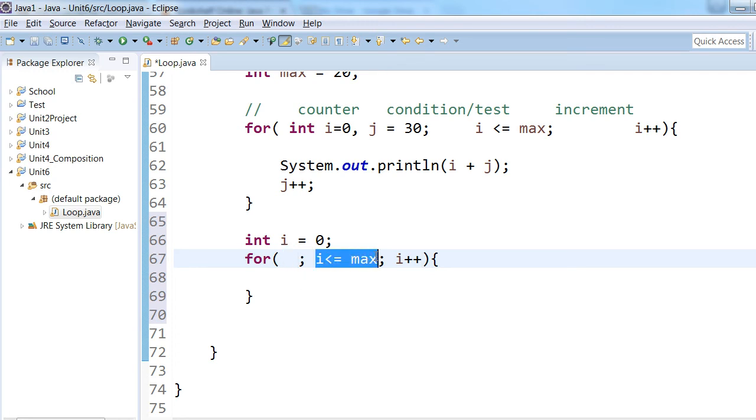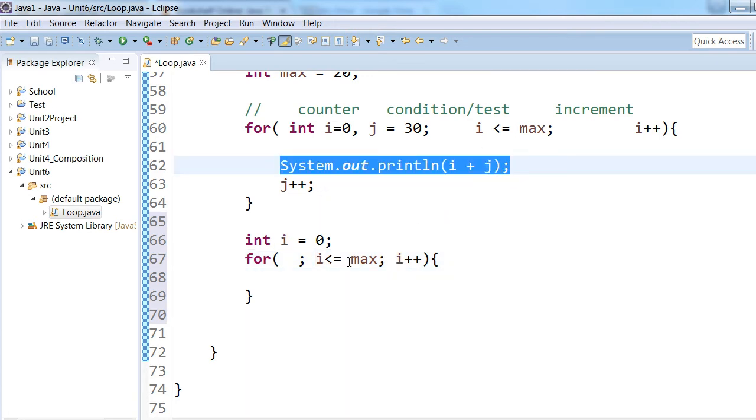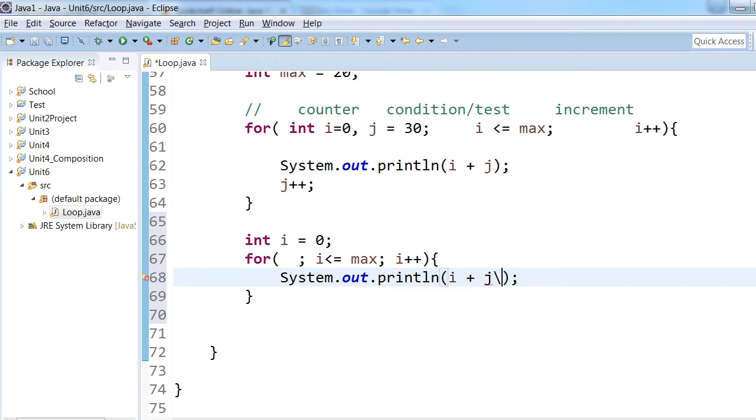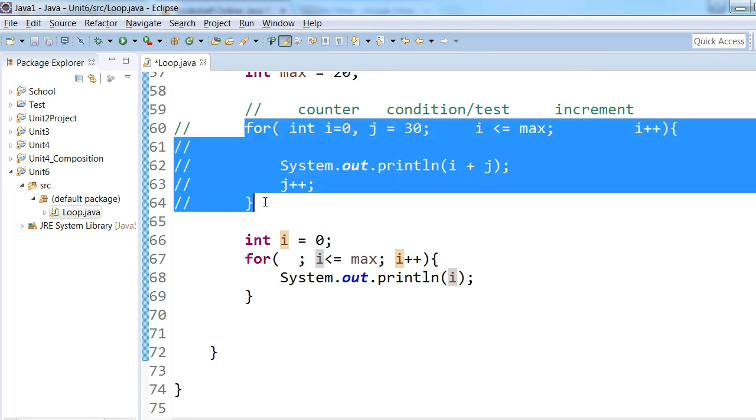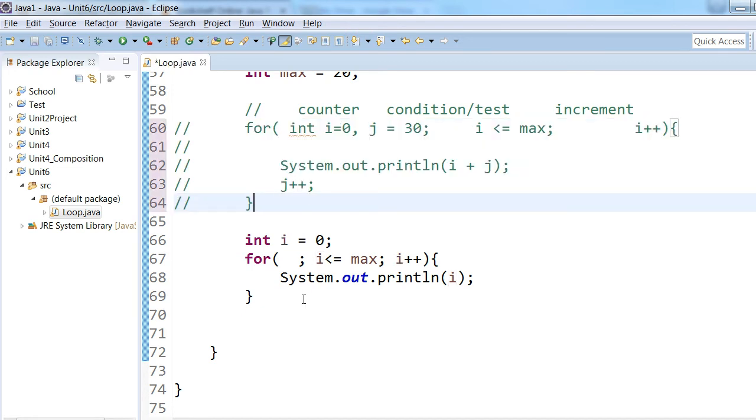So it knows that it checks in here. There's nothing here to evaluate to initialize. That's fine. It's going to go to the second part here to test the condition where i already exists here. So that will still be evaluated, and then it will do the output in here just like I have up here, and it will still be fine. Okay, so if I comment these out,